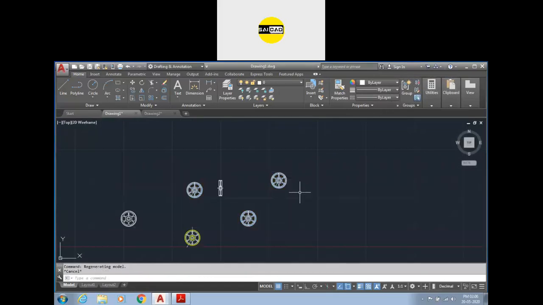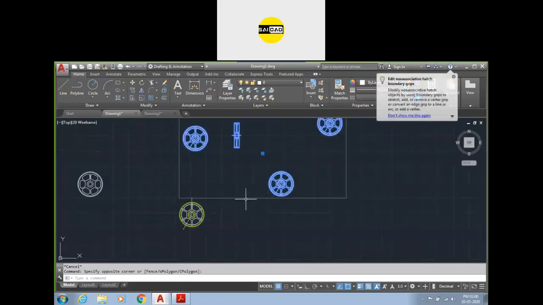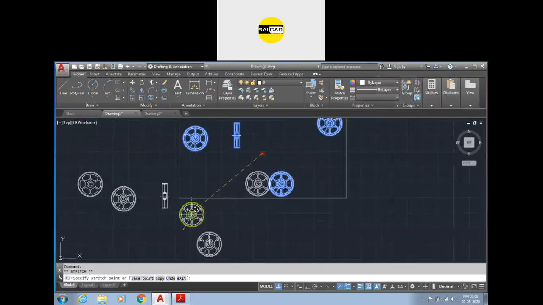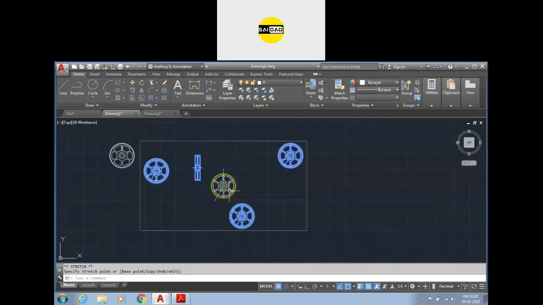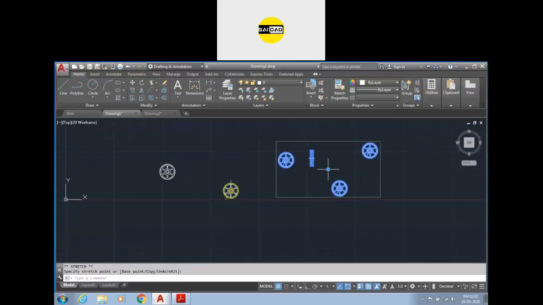Suppose you have these three objects, you don't want to change the gap between them. You just want to change their location, that this center should be here. You can just do that like that. It's basically a move command, a rotate command, where their shape will be fixed. They will be just moved together like that.